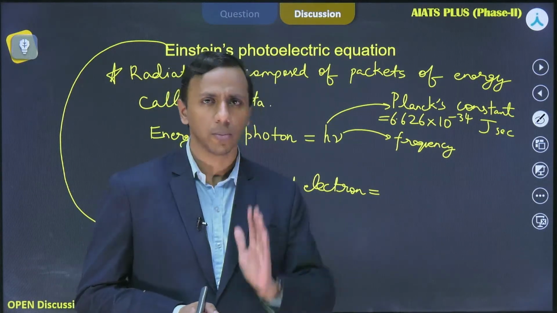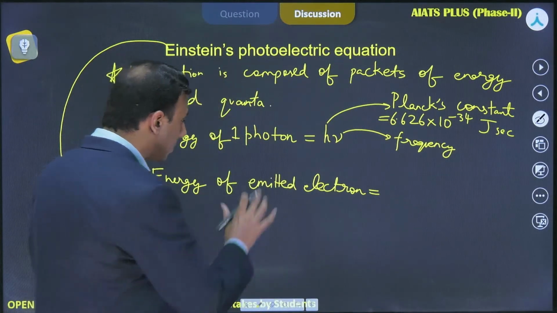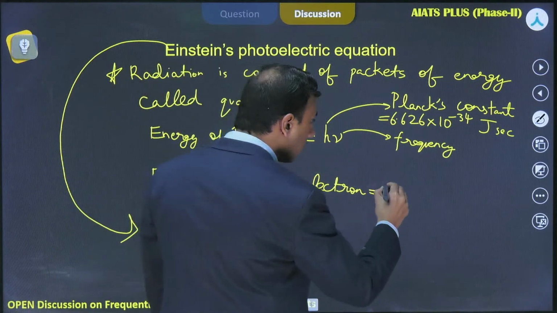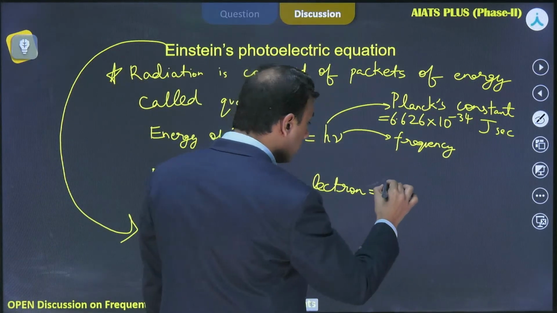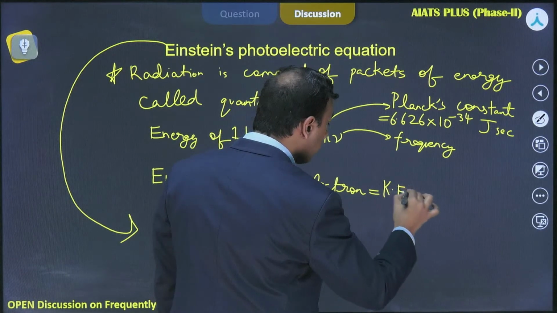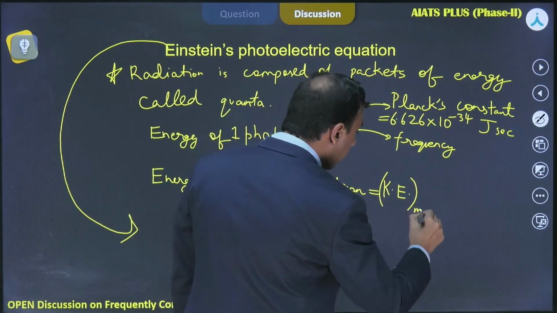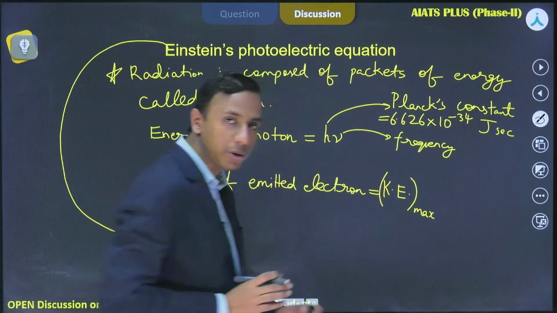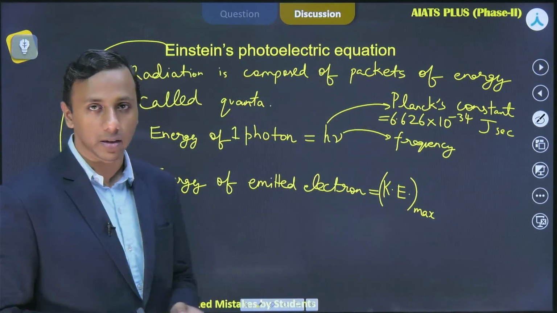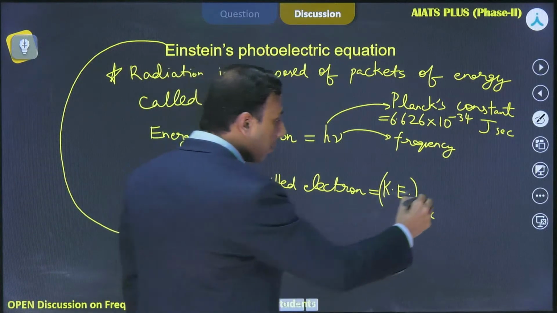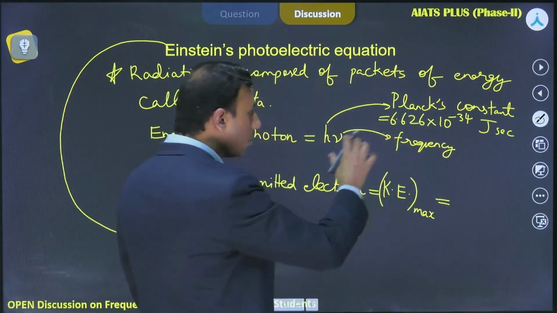That is also possible, I'll explain. So this would be equal to the kinetic energy, or we can also call it Ke max, because just now I told you it is the maximum kinetic energy, and this would be equal to h nu